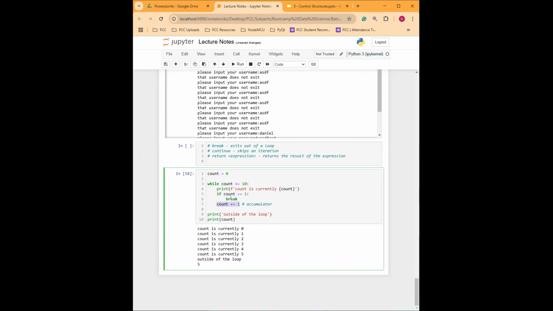Continue. So if it was continue, it would be something like this. So if instead of break, this is continue, what will happen is that it will skip an iteration. So whatever this one is currently, it will skip, right? Let's see. So if count is equal to 5, it will skip. But okay, so there's a trick here. If you run this code,